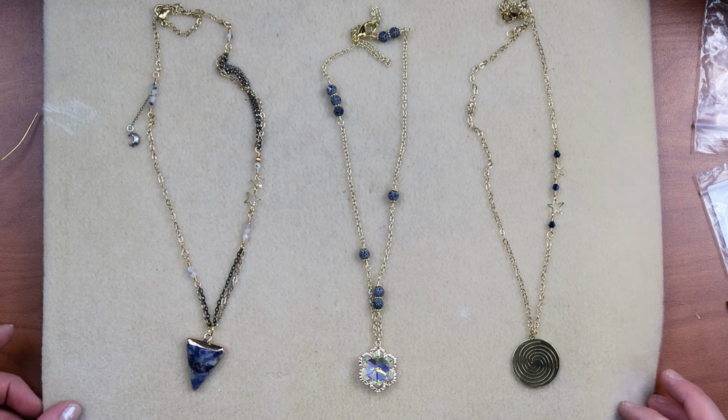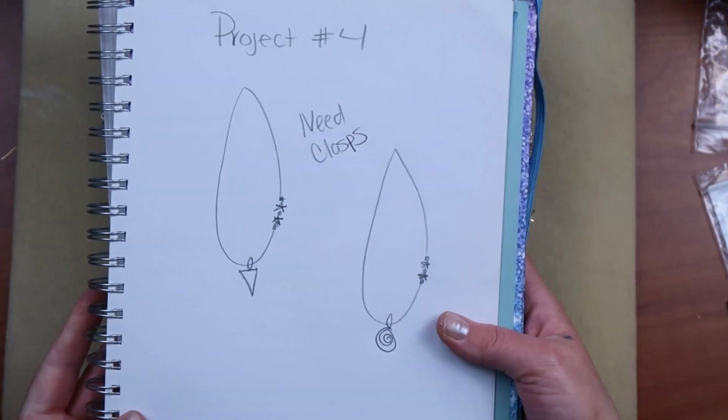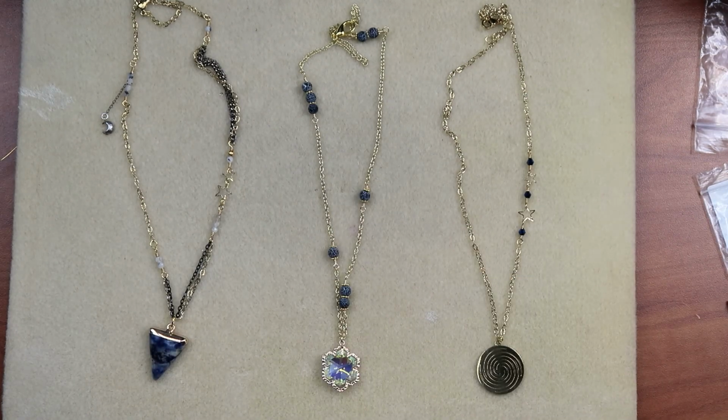So, there you go. That is our 3. Well, technically we made 2. Here's your original design. Needs clasps. Here's all of your necklaces. Super simple. So, the moral of the story is you can use scrap chain, you could use your leftover bead soup,